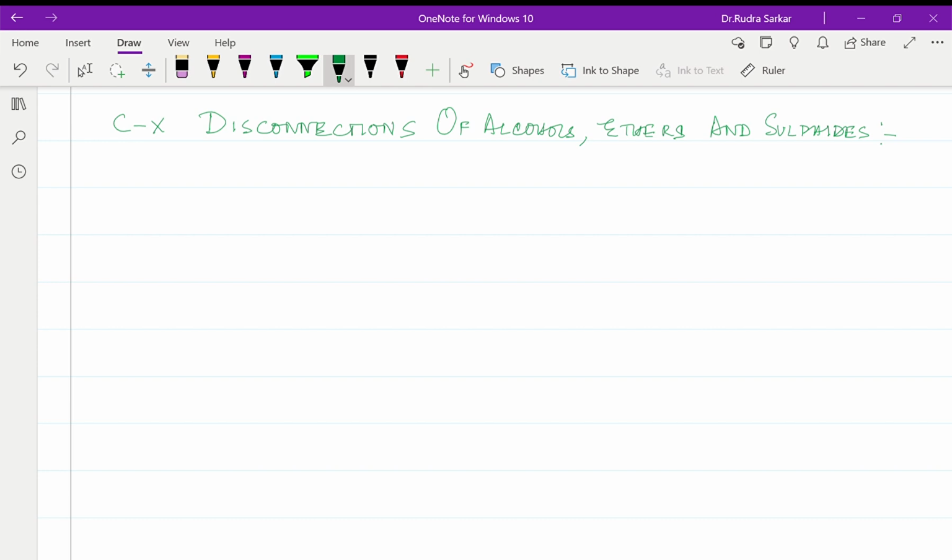We will be doing the C-X disconnections of alcohols, ethers and sulfides. So out here basically our target material looks something like this, which is called RX. We disconnect over this bond, giving us R plus, X minus,